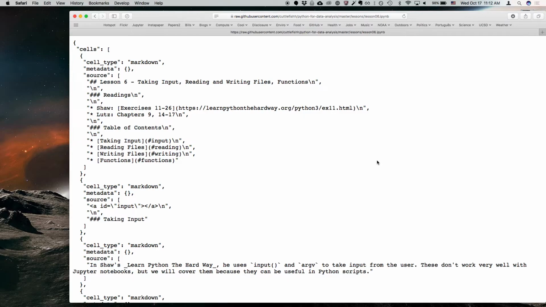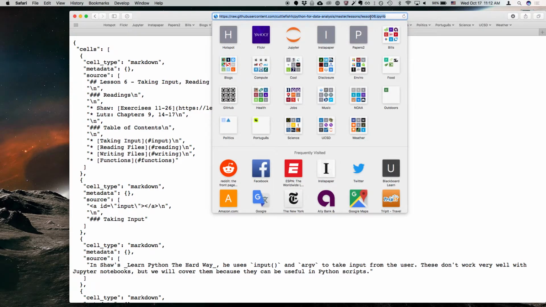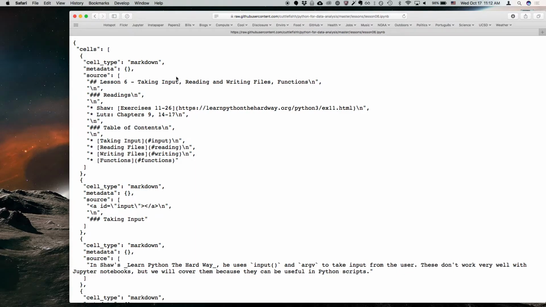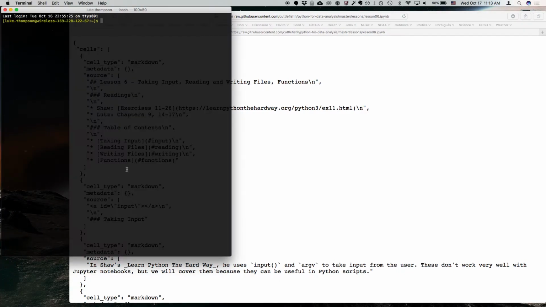This is what GitHub renders to make it look pretty, which is similar to how Jupyter Notebook renders it. So we're going to copy that link, and it's a slightly different link because it has this raw part in front of it. We're going to copy that link with our keyboard shortcut, such as Command-C or Control-C if you're using Windows. And then we're going to go over to our terminal,